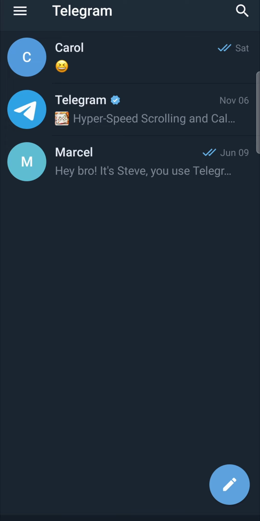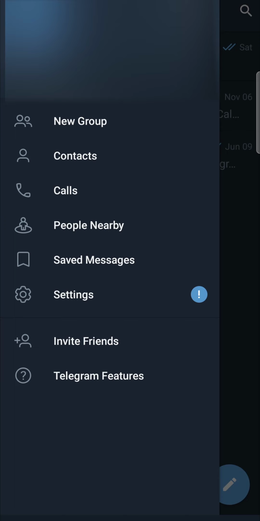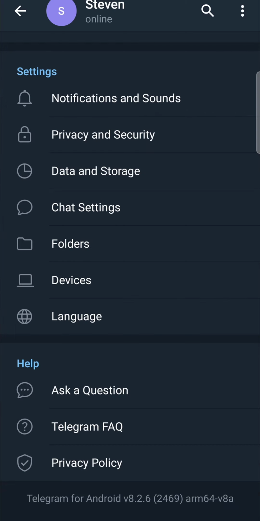Once you've launched up Telegram, tap on those three horizontal lines at the top left-hand corner. That will take you to this page. Then you want to tap on the settings option, which is right there. So the layout of the settings page has changed a little bit. So once you have gone onto the settings page, go to where it says privacy and security, and then you'll